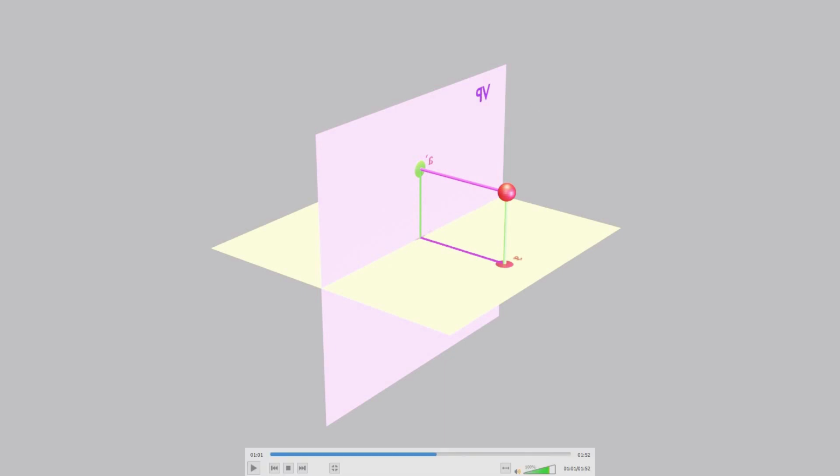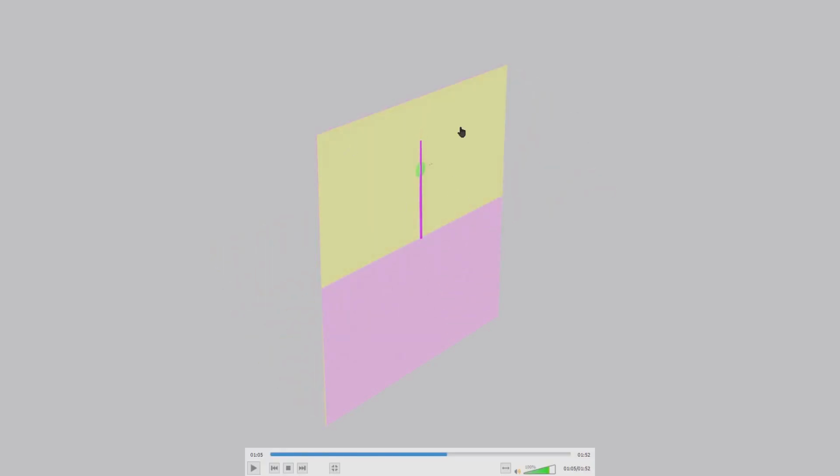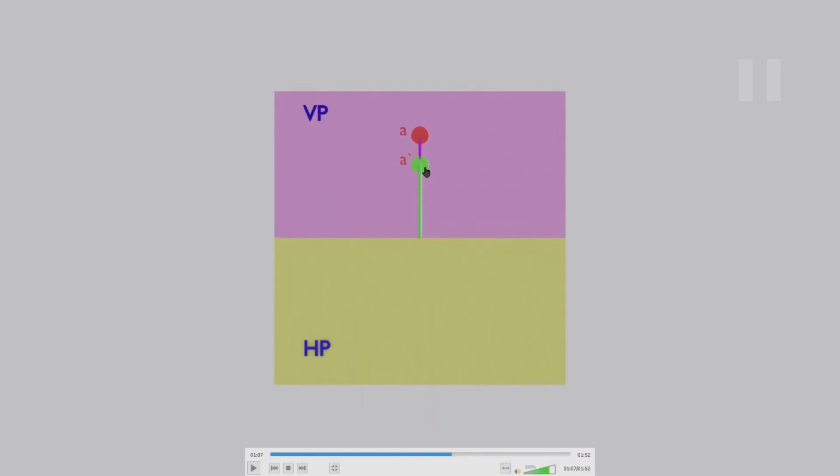How do you get the projections? So I switched off the light. Now I'm just going to rotate it. See that I've rotated it, it has gone up. And what do you see? You see the front view, and on top of that you see the top view. Now these two lengths are different. That is the reason why you get it like this. If they were the same, this would overlap.